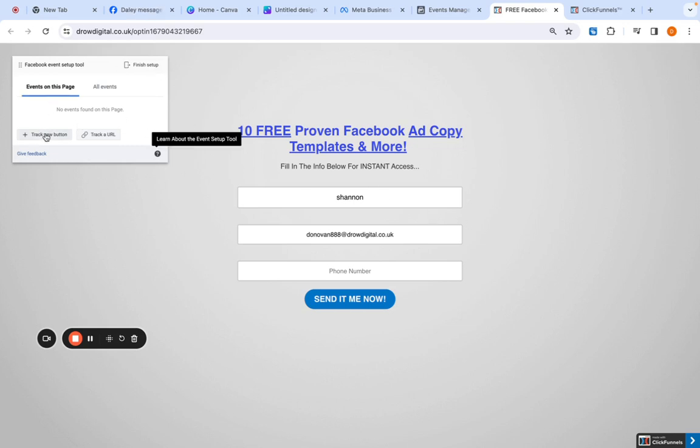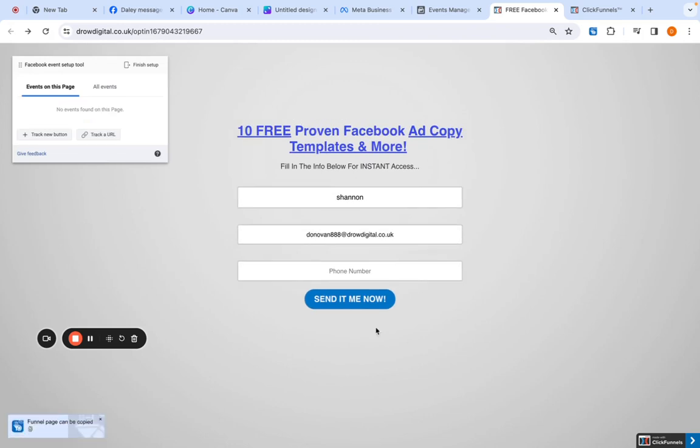And what I'm going to go ahead and do is click on track a new button. So let's imagine that I went through my website and I found something that looked like this, and it said, book your free child's class. And then it says the options of the days, and then it says their name, their email address, and their phone number. And then here it says book class. Now, whenever somebody clicks this button,